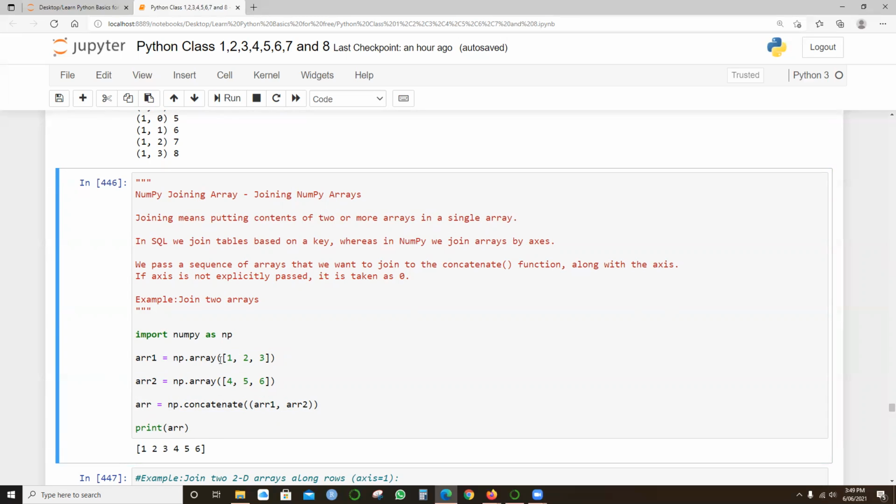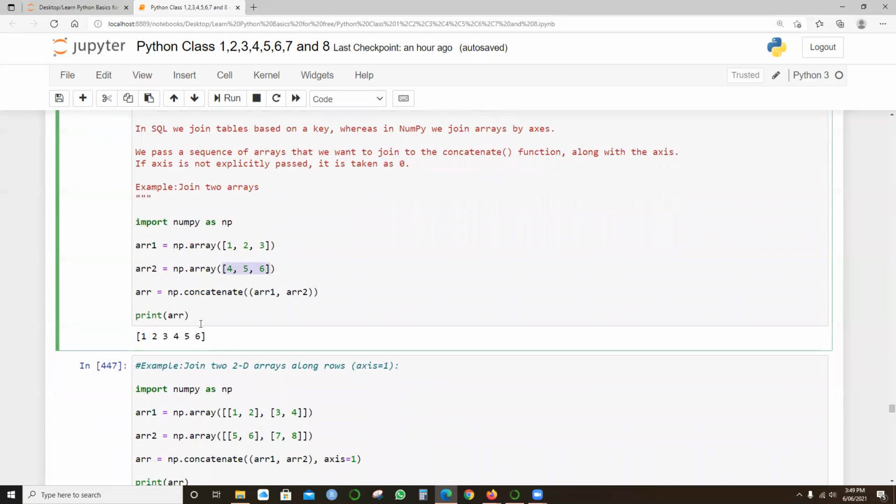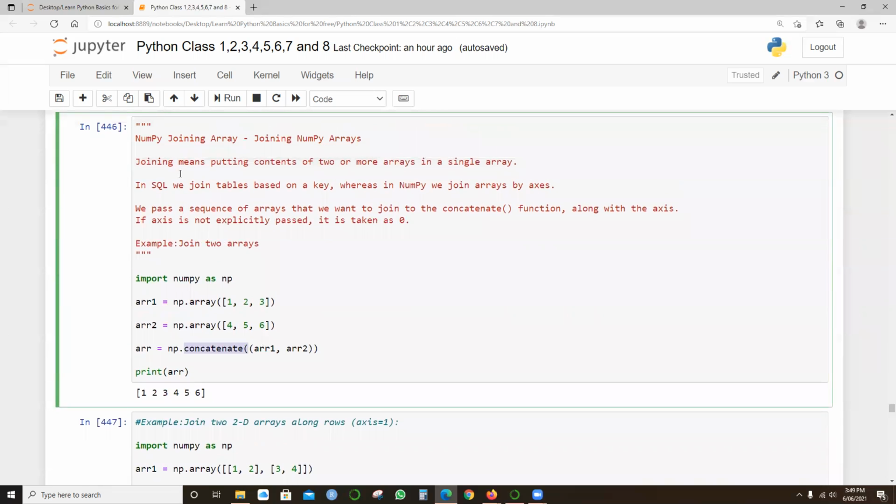We got two individual single-dimensional arrays, but at the end the values have been concatenated into one single-dimensional array with all the values. So the concatenate function helps us join. Joining means putting contents of 2 or more arrays in a single array.